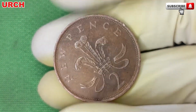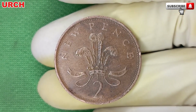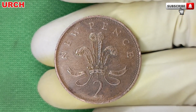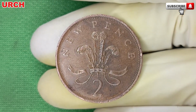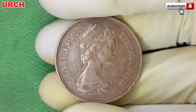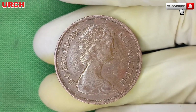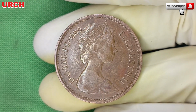That familiarity now turns to fascination, as collectors rediscover the forgotten details of these everyday relics. One such detail lies in the coin's metal. The 1982 pence was composed of bronze, a blend of copper, tin, and zinc. This gave the coin its rich reddish-brown color, which could age into a deep patina if left in the right